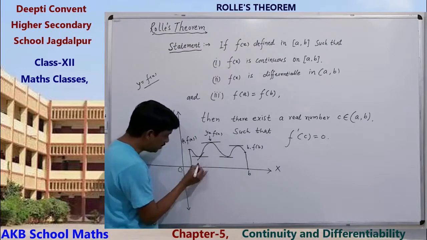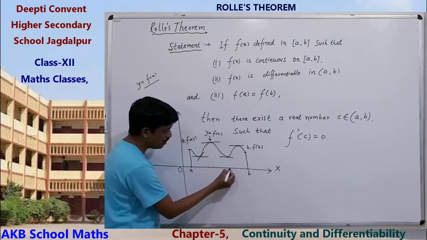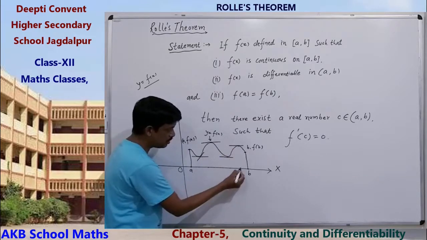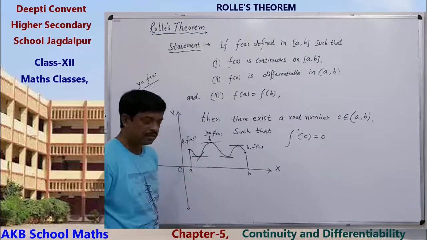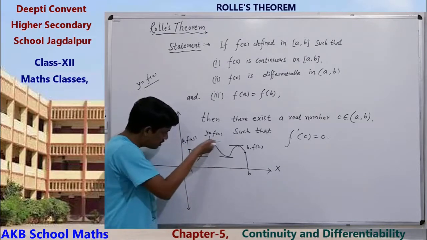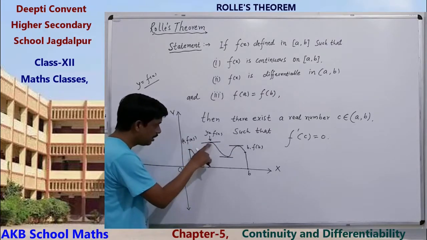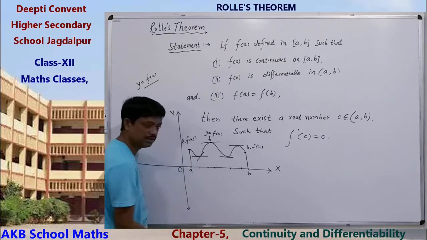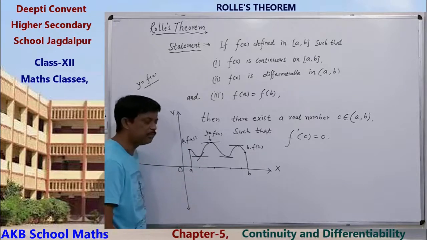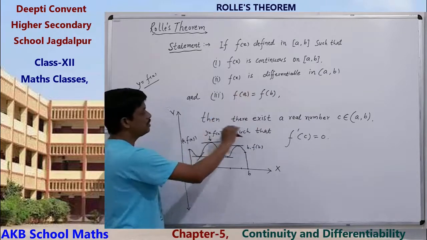So at this point, here will be some point, also at this point here will be some point, also this point, also this point. In these 4 points, the slope of this line is equal to 0, or these are the tangents. So at all these points, here, here, here, and also here, 4 points, maybe 1 point. Suppose the graph is a single graph, then there will be